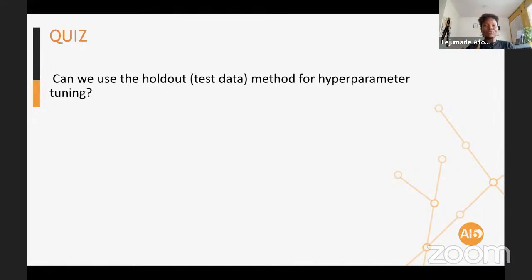You've seen it multiple times. In the process of using it to compute the loss, you're learning something, you're gaining some additional knowledge. And this is not the point of test data. It should be something that you set aside, that you never touch until you have everything in place and you just want to say, okay, how well am I doing? So if you ever use your test data for hyperparameter tuning, you just have to throw it away and get new test data, right?